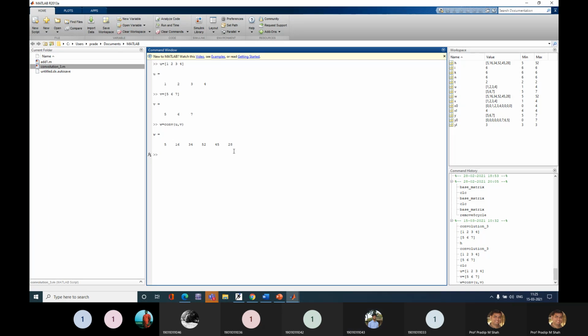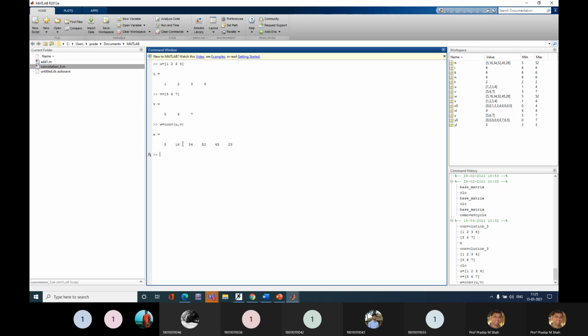Okay. In general, the size of the output is the length of the input plus the length of the impulse response, that is, the length of u plus the length of v minus 1.